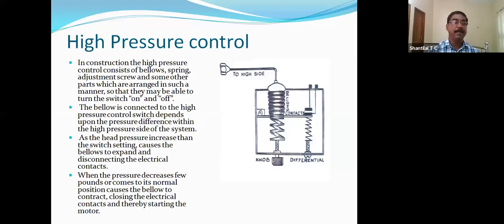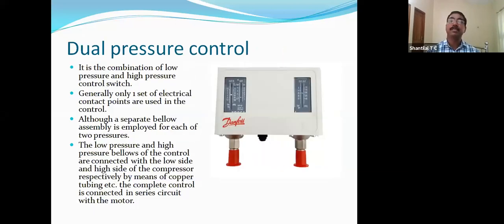Next, we can go to dual pressure control. Actually, dual means double. It is the combination of a low pressure and a high pressure switch. Previously, a separate switch was used: low pressure switch separate, high pressure switch separate. Now, both are combined. That is the low pressure